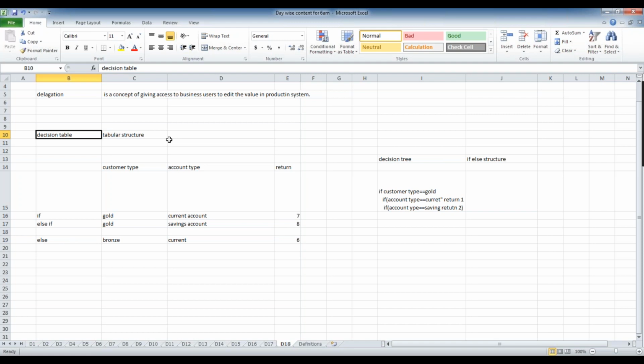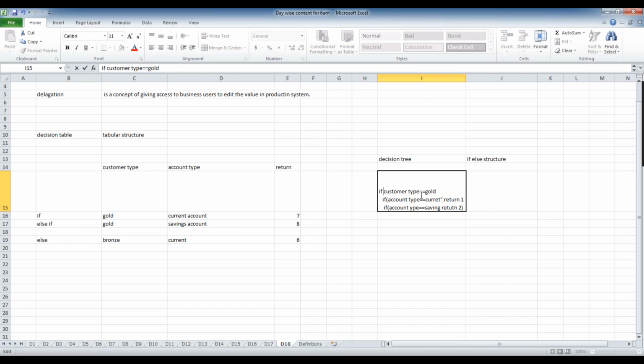But if you go for a decision tree, the escalation of this makes sense. So when you're thinking of delegating, we give labels. Generally, for the customer type, the property will be something like dot customer type, right? But here it is in a readable format.